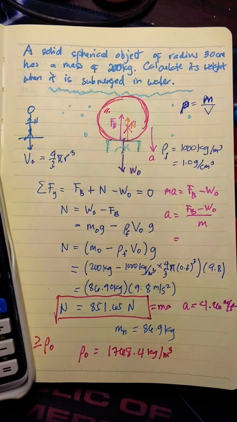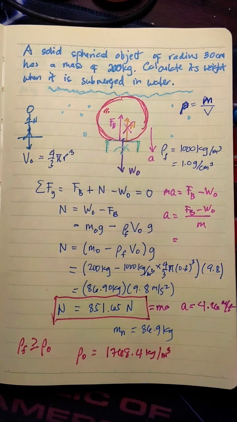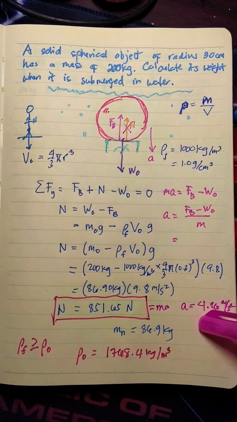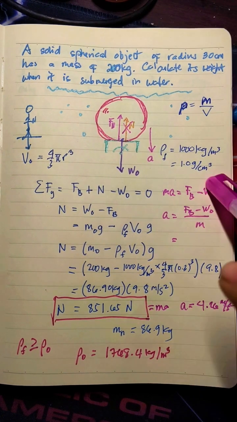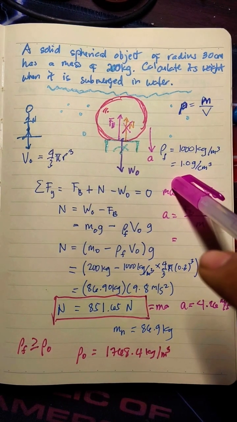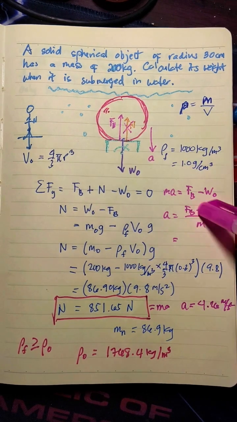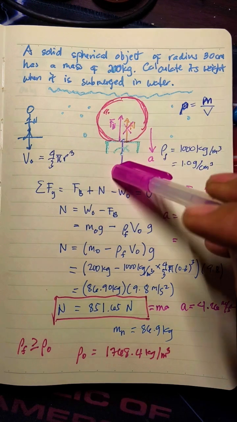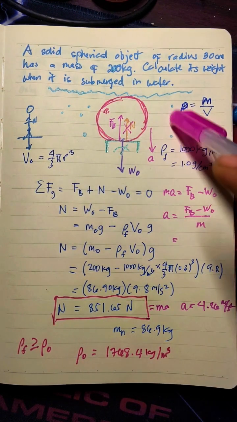It's actually less than half of 9.8. Okay, so it will accelerate slower. Again, why did I divide it by the mass? Because notice that this equation is exactly this equation. Instead of N, this is now equal to ma, because we don't have a force N there. And so it will just accelerate slower. It will move downward but at a lower rate than just being released in still air.